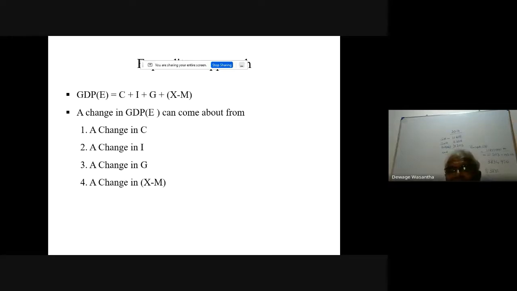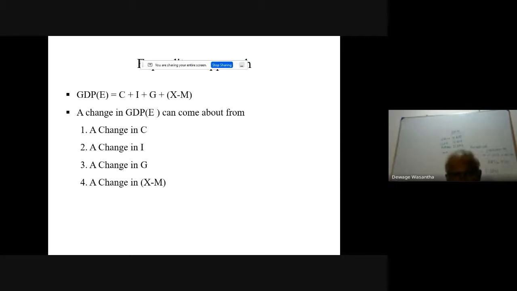Then, if you add all these, C plus I plus G plus X minus M, you get GDPE, expenditure value GDP. Theoretically, it should be equal to the production value GDP, P. Now, this GDPE will increase if we can increase consumption. Country's GDP increases. If you can increase investment, country's GDP increases. If the government can increase the expenditure,